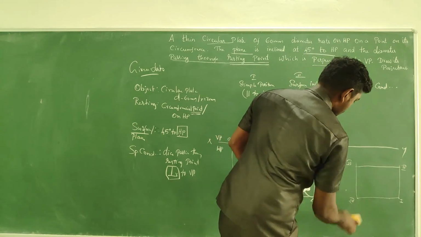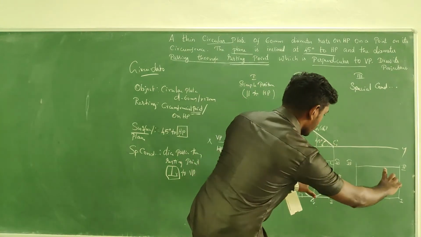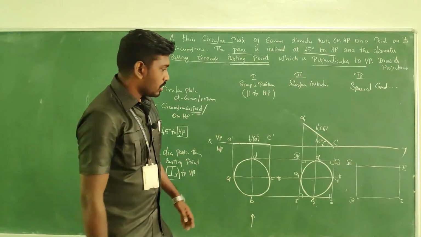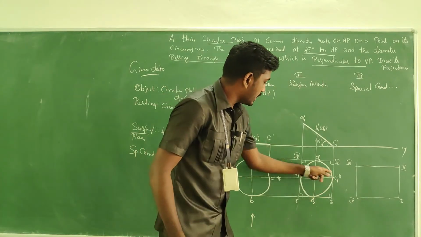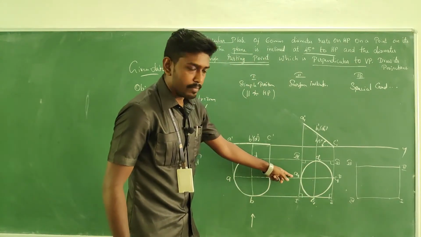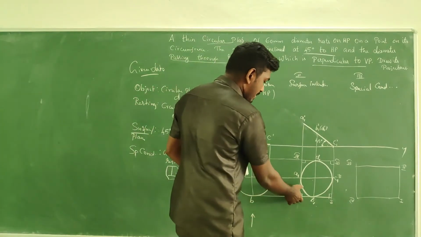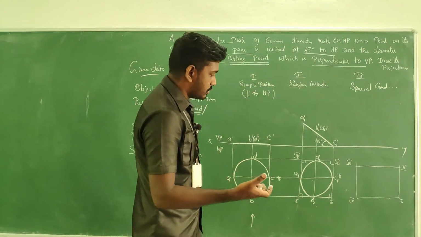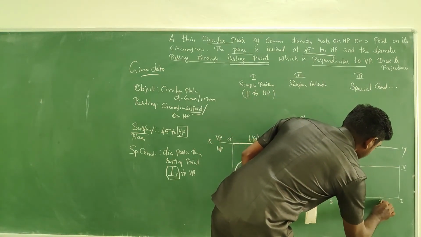Now the boundary of the circle is kept in this manner. Okay. Now try to pick all the points A, B, C and D. Think about A, where it is placed between 1 and 4. So I am measuring the distance 1 to A, and from 1 I am conveying it. So I get the A2.